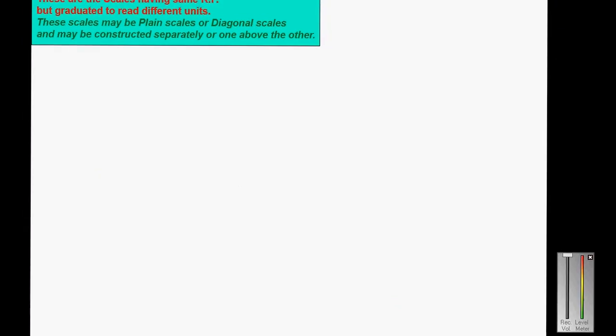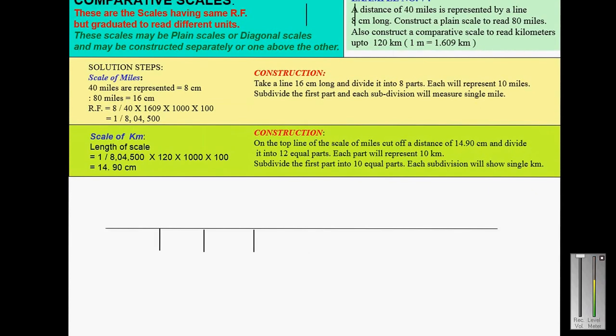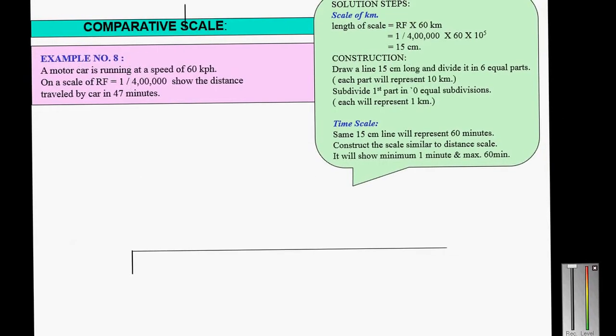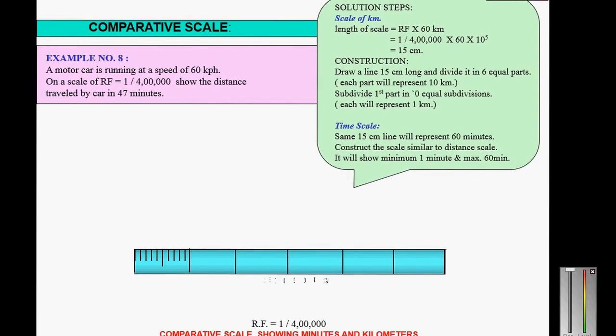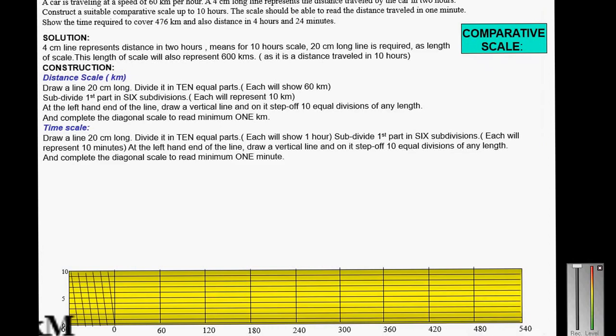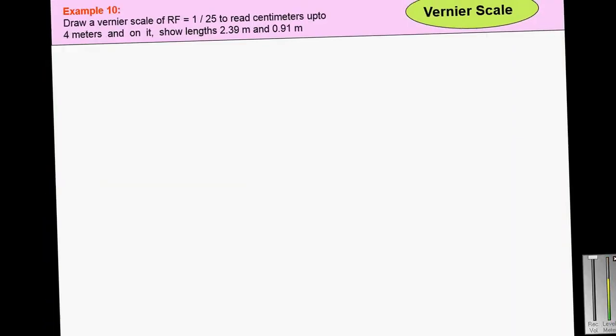So comparative scales will be discussed later. This is another type of scale. I will not explain this scale, so I will move on to the vernier scale. So this is the vernier scale,